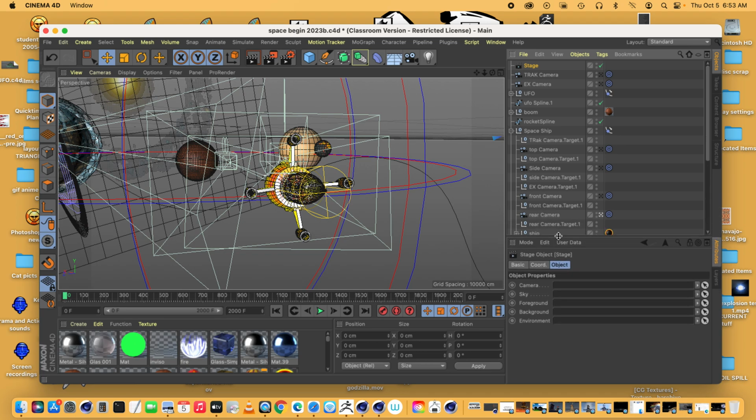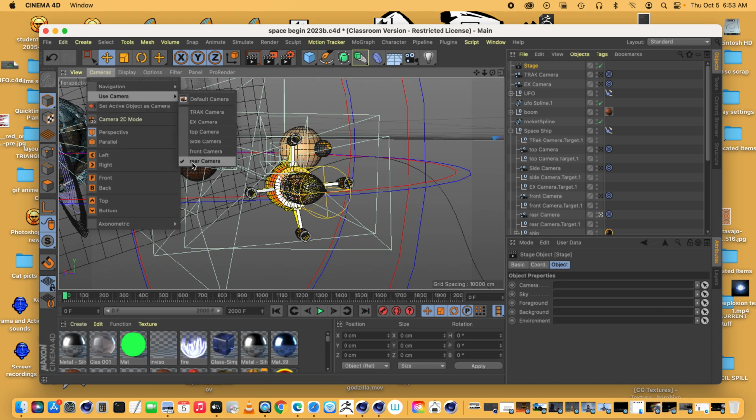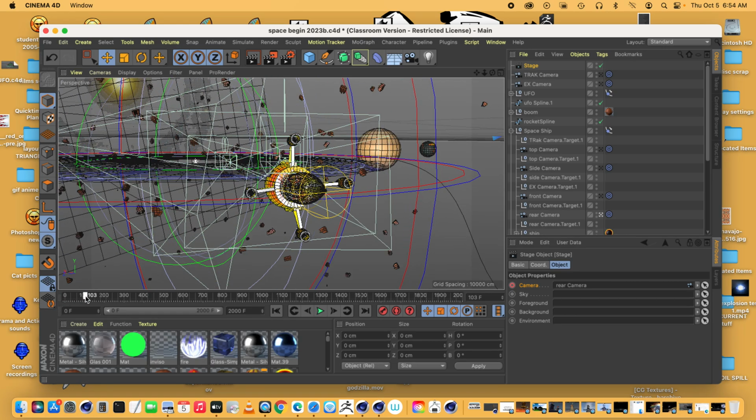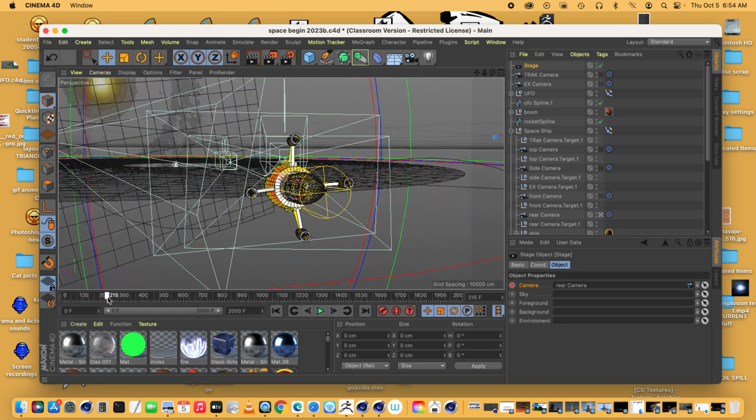and what you have to do is find your camera, not the target, but the camera, rear camera. So when you go and look through your camera, remember the name, and then go find that in your objects palette and drag and drop it in there and record it. So it starts off there. And then I scrub my movie with my scrubber, and